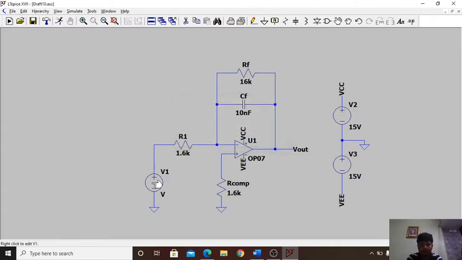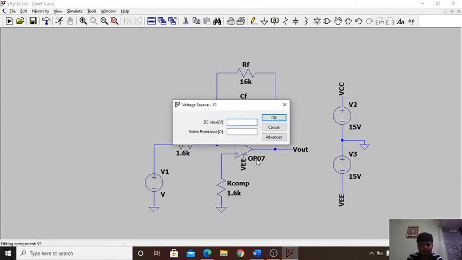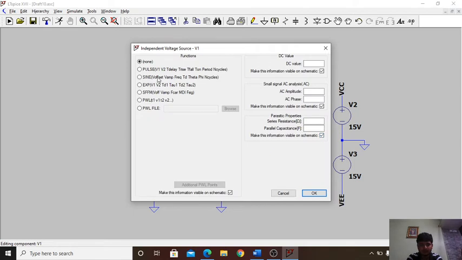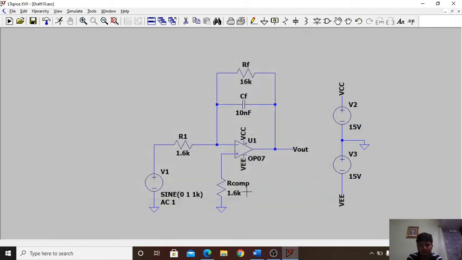Now this power supply will be a sinusoidal source. Right click on this component, click on advanced, go to sine. DC offset will be 0, amplitude will be 1 volt, that is a 2 volt peak to peak input, frequency will be 1 kilohertz, and AC amplitude will be 1. Press enter, OK.